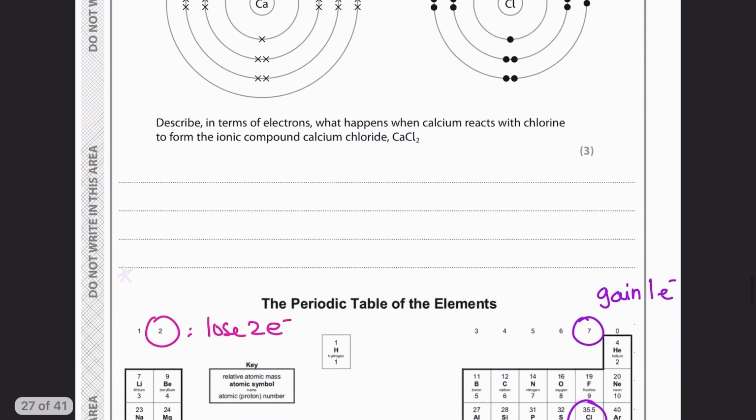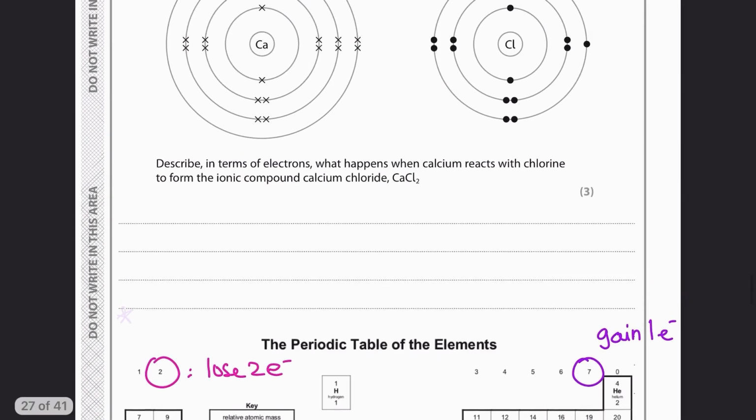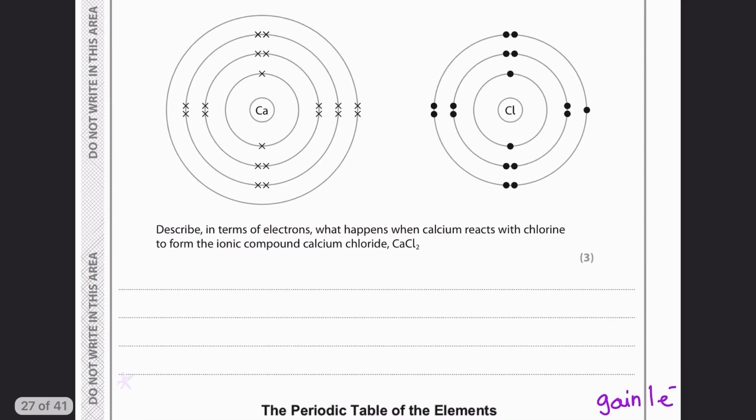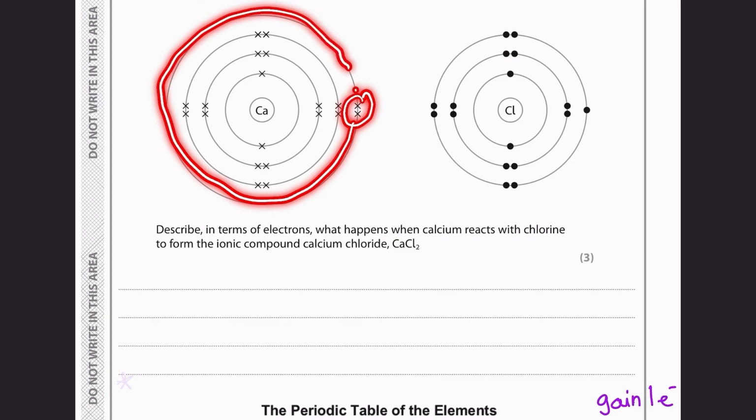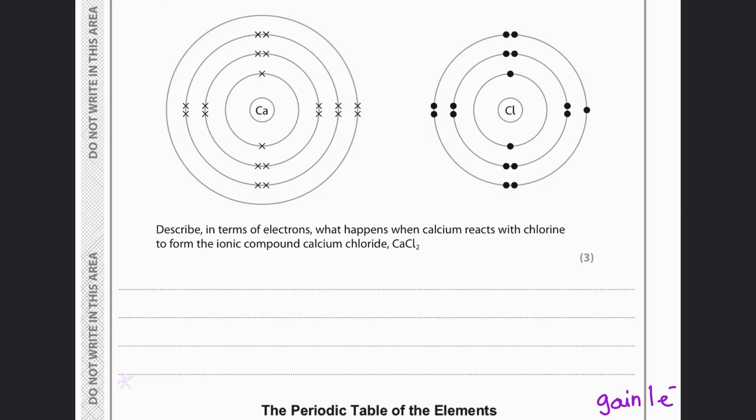Okay? And therefore, how would you answer this? We can already put down what we just wrote down there, and you can actually see it here. Take a look. The calcium's got 2 electrons in the outer shell, right? This is the outer shell. And there's only 2. And chlorine's got how many? 7, if you count it over here. So you would say that calcium loses 2 electrons